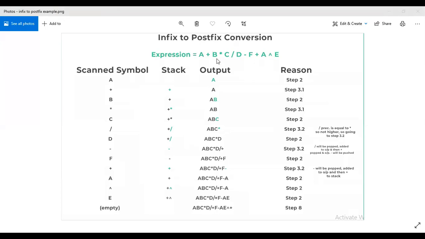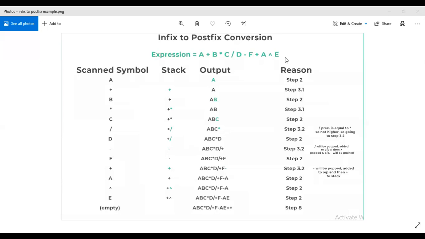Now I want to evaluate this arithmetic expression. In a C program, we will be writing like this. In A place, some 2 is there, B place 3 is there, C place 4 is there, D place 5 is there, F place 9 is there, something like that. Without values, we have written some arithmetic expression. Now this arithmetic expression I will be writing in a C program, and I want some result, some value, like 20, 30, 40, 50, something like that.